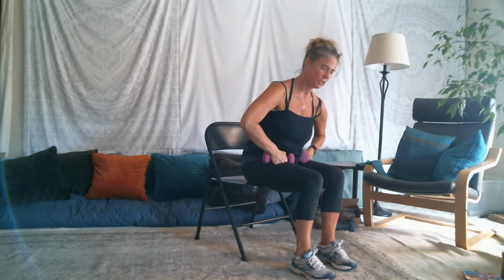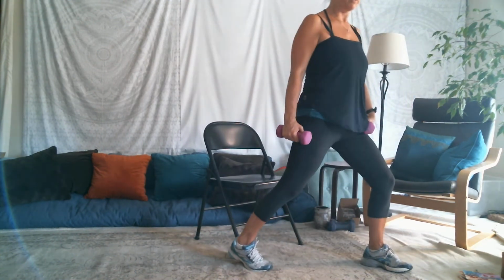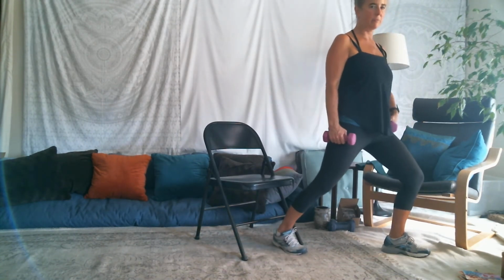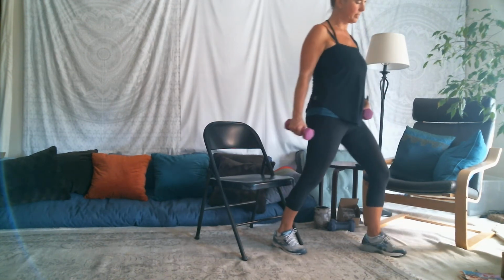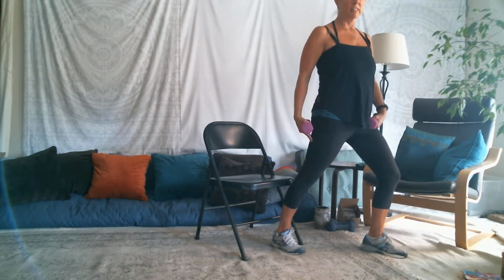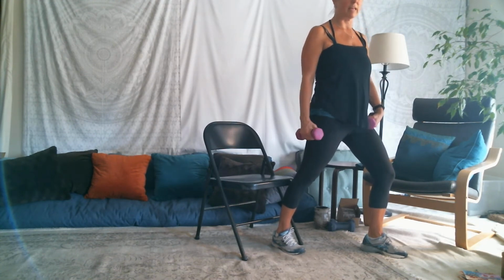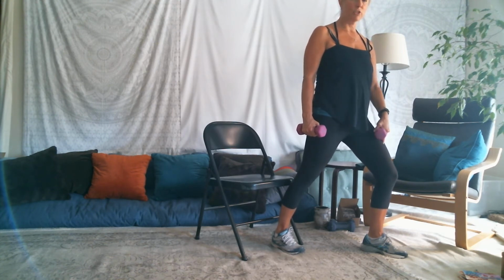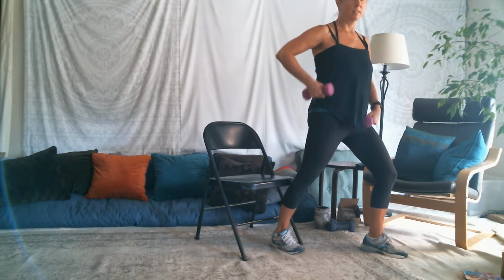Good, and then just for good measure, let's do a Michelle Obama, shall we? And so I'm just going to lunge forward with 1 foot. And we'll figure out the camera at some point soon. So lunge forward with 1 foot, doesn't have to be far. The other foot is behind you with the support behind you. And then what I'm going to do is rest the hand on that lunged thigh, and then I lift the other one. 1,